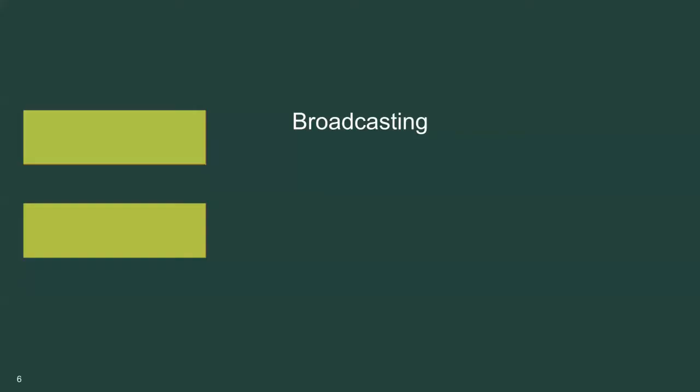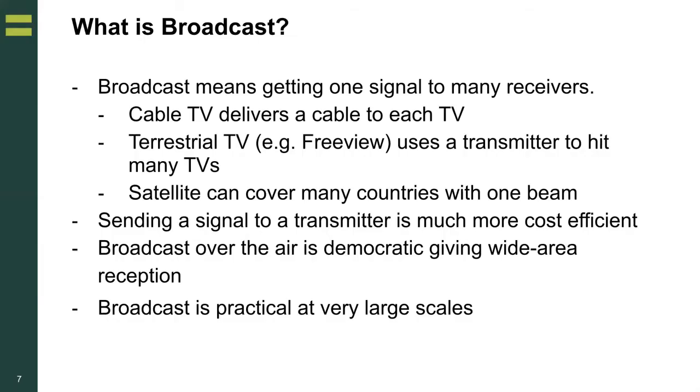So looking at broadcasting for a moment, we've been doing broadcasting for many years, whether it be TV or before that radio. Fundamentally, all we're trying to do there is get a single signal to many receivers. That's the definition, really. We can do that with cables. Might have to be a cable to each TV, but each TV is receiving the same thing. Terrestrial TV like Freeview, then we're going to be using a single transmitter, and then that will transmit to a local area, and everybody will get that same